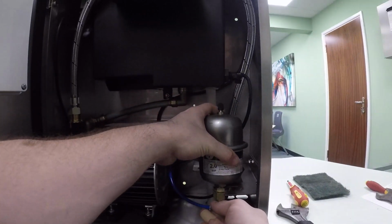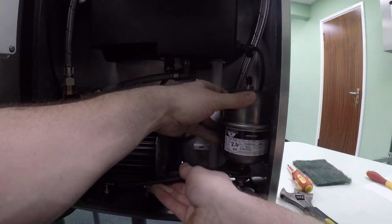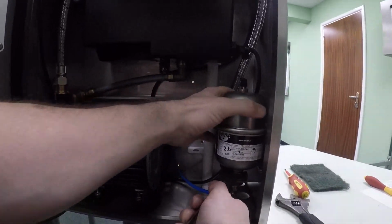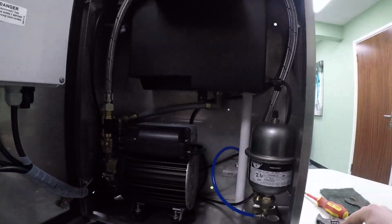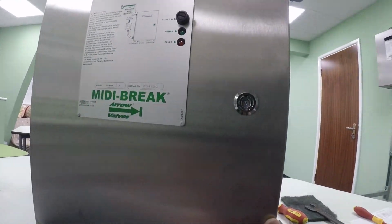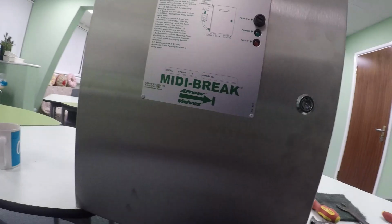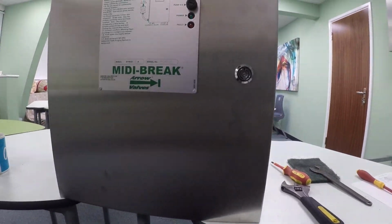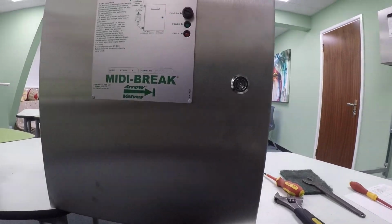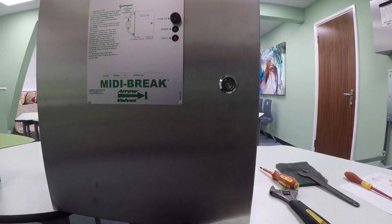So now you can pop your vessel back on, tighten up the back nut again. So once that's all back together, you can then turn the power back on, close your tap, just making sure your hose is closed, and then turn the water back on